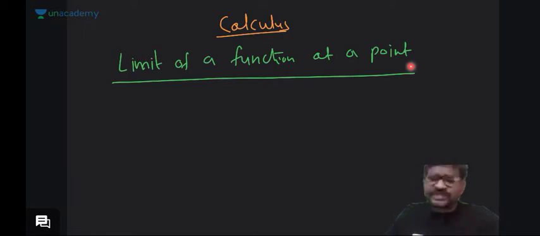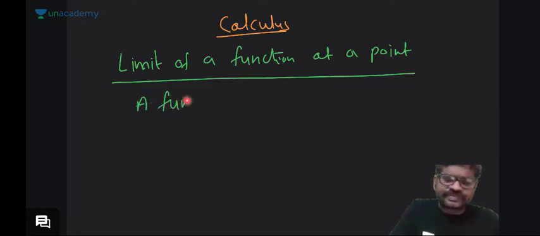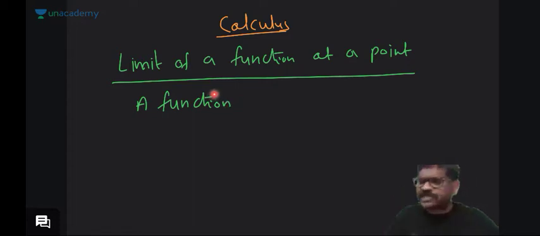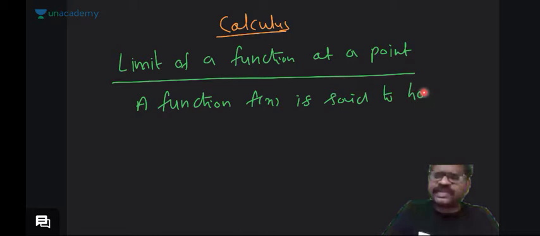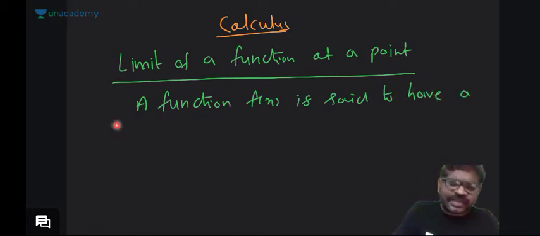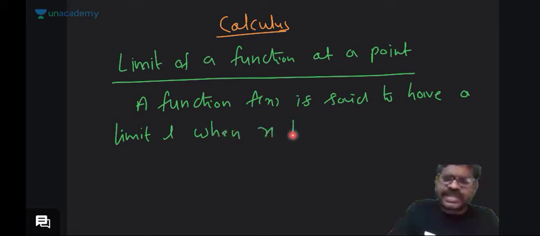A function f of x. By reading this definition, you won't get anything. I will explain with examples. Okay? A function f of x is said to have a limit L when x tends to a